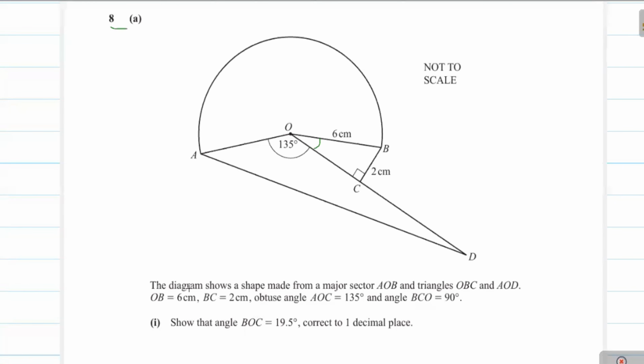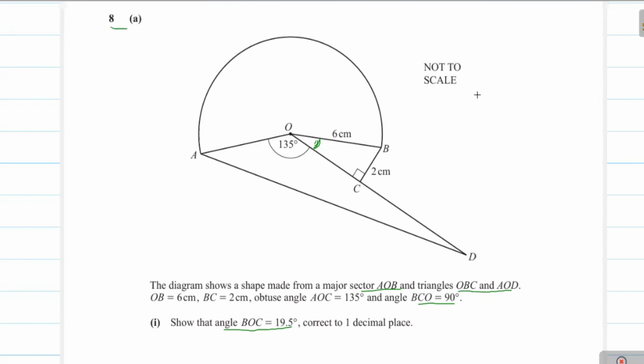Question number 8, part A. The diagram shows a shape made from major sector AOB and triangles OBC and AOD. OB is 6 centimeter, BC is 2 centimeter, angle AOC is 135 degree, angle BCO is 90 degree. Show that angle BOC is 19.5 degree. Now you see here, we have to find this angle BOC, and this angle lies on a triangle